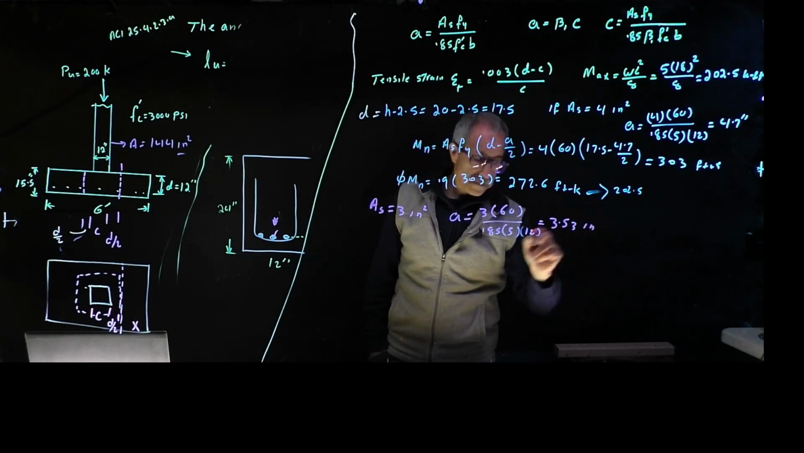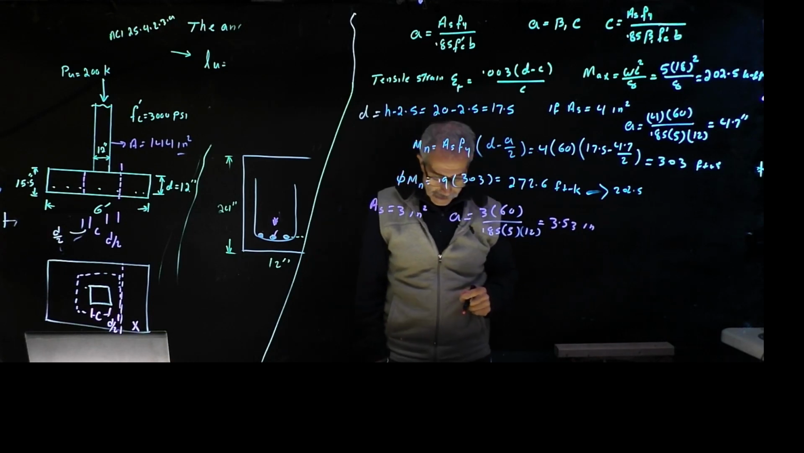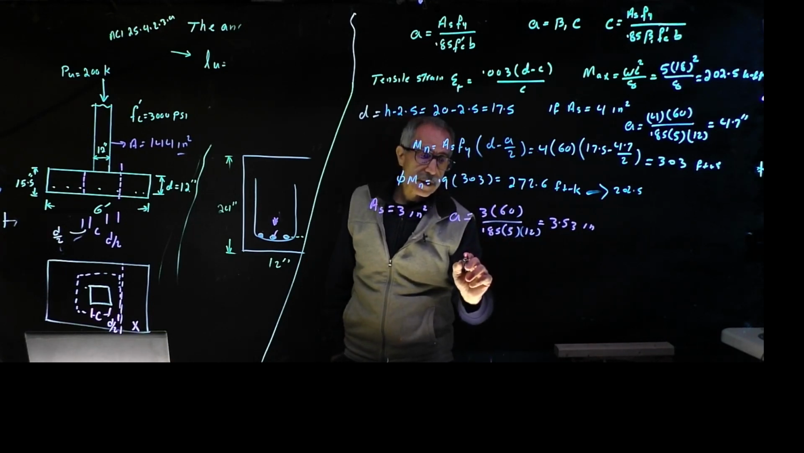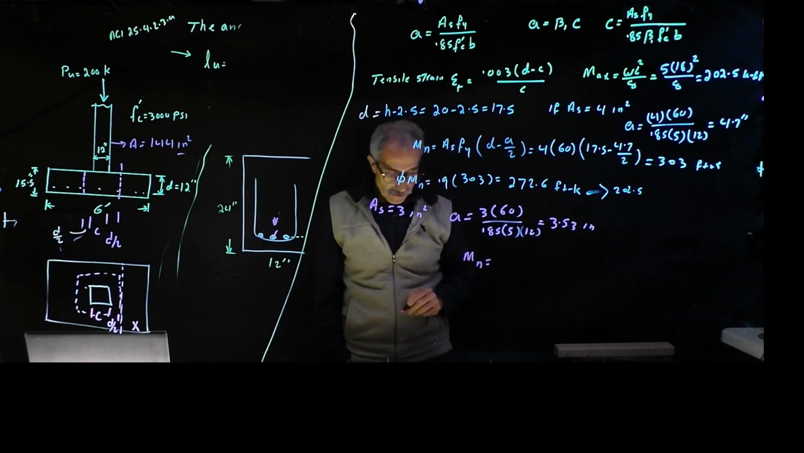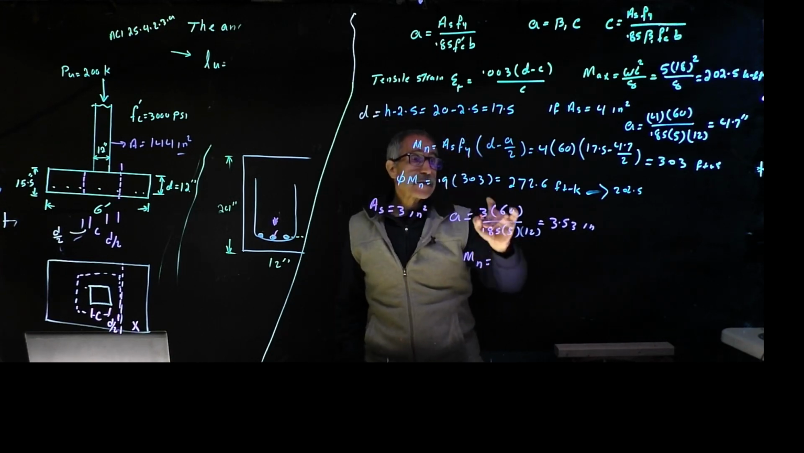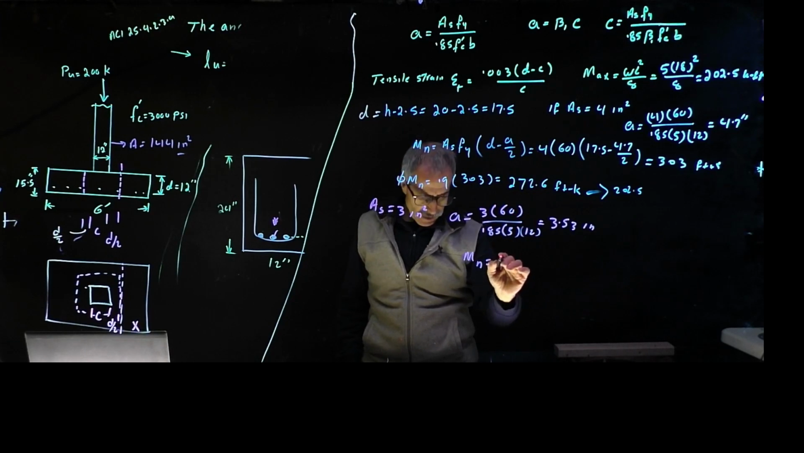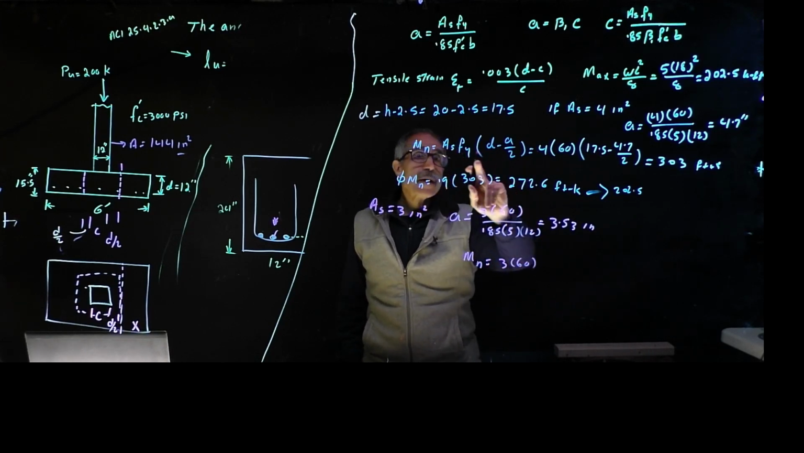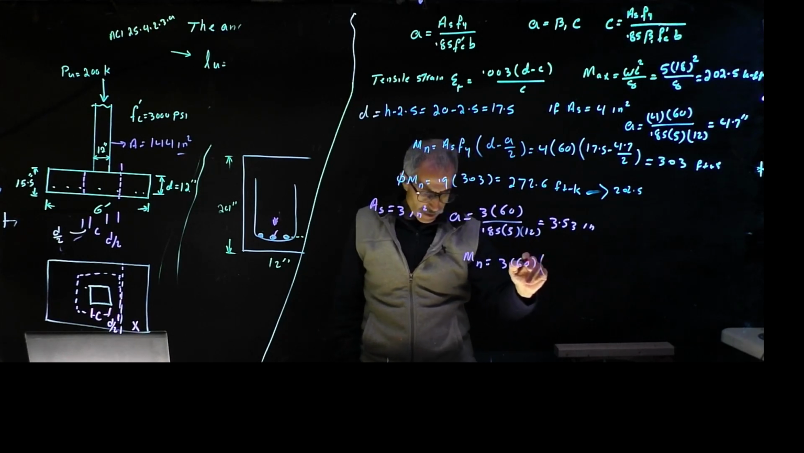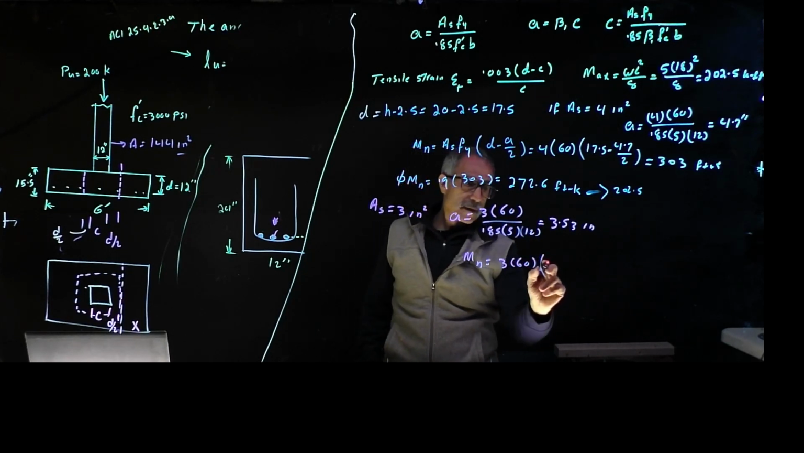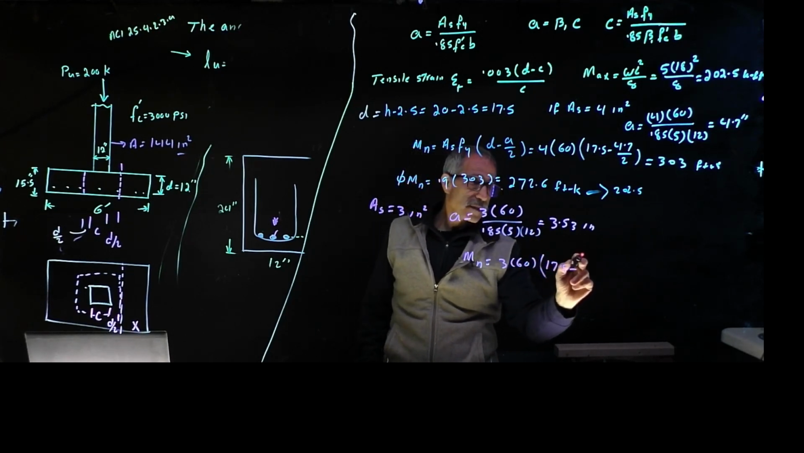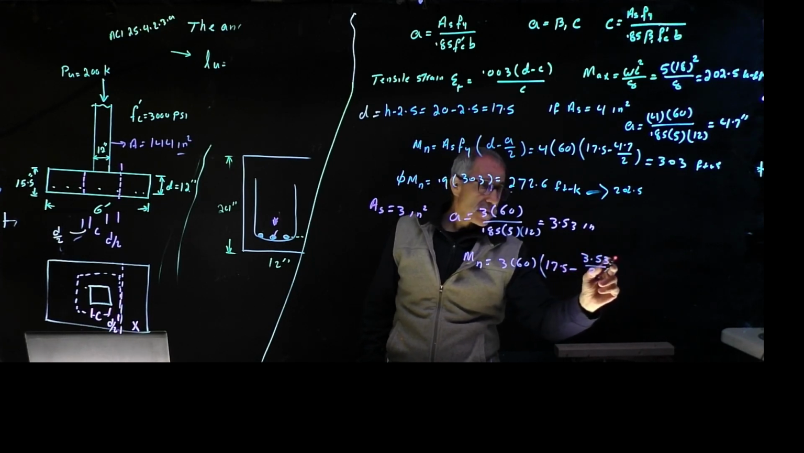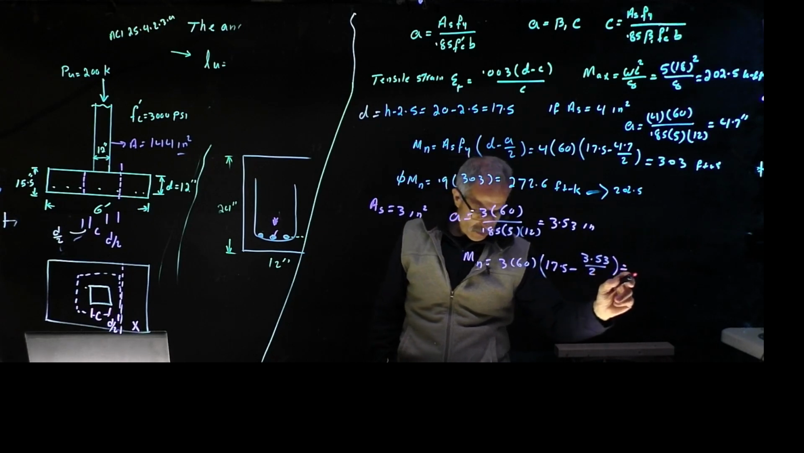3.53 inch. So our Mn comes out to be As fy, so it's 3 times 60 times d, which was 17.5 minus 3.53 divided by 2. And that will give us 236